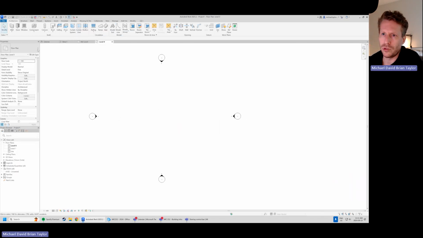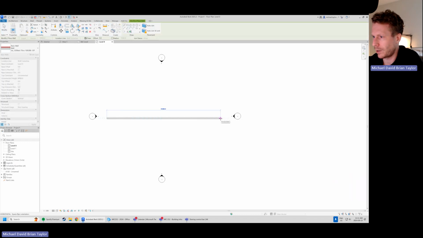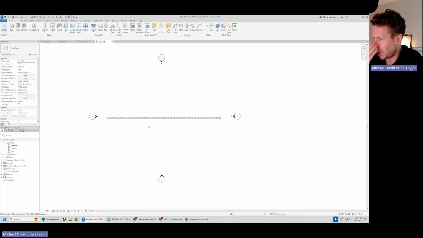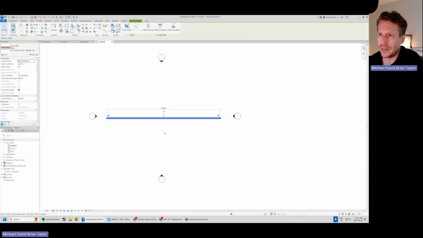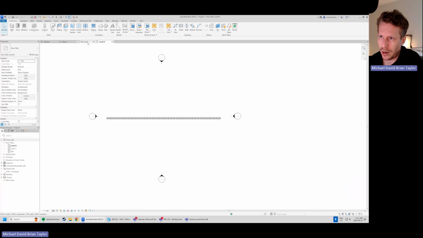Now the first thing I'm going to do is just draw any wall. It doesn't matter what style of wall. All we want to see is the family doing what it's supposed to do. So let's draw a wall, doesn't matter what family type it is. Let's just give it a shot here. So some dimension, some height, and we'll jump back to our